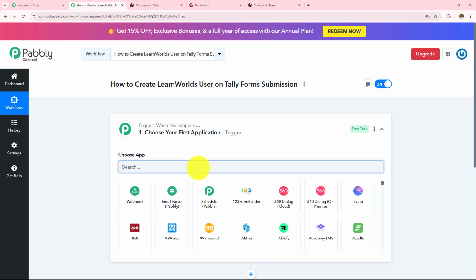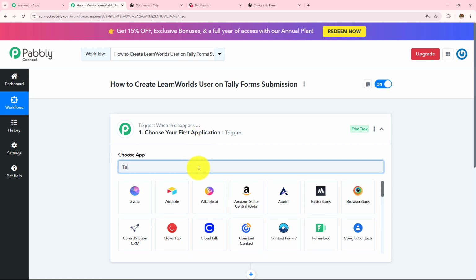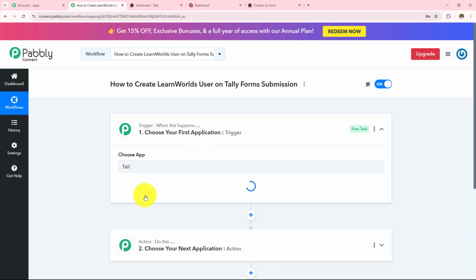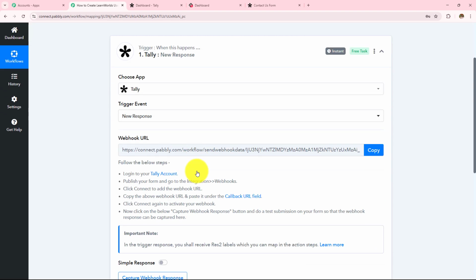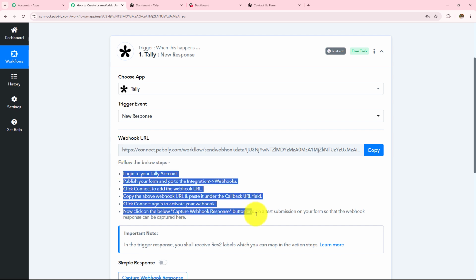So here in my trigger application, I am going to take Teleforms, and then in my trigger event, I am going to take this new response. Now I need to make a connection between Tele and Pabbly Connect, for which a webhook URL is provided to me. This webhook URL is going to act as a bridge to connect my Tele with Pabbly Connect. So reading this help desk, I am going to make this connection, and to make this connection, let me open